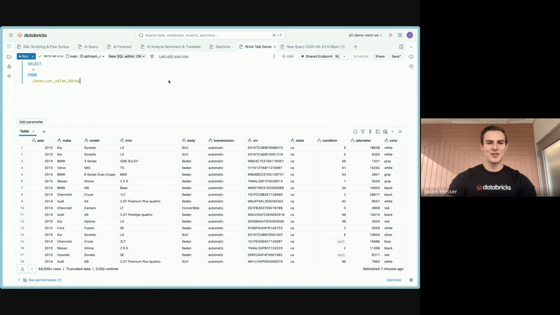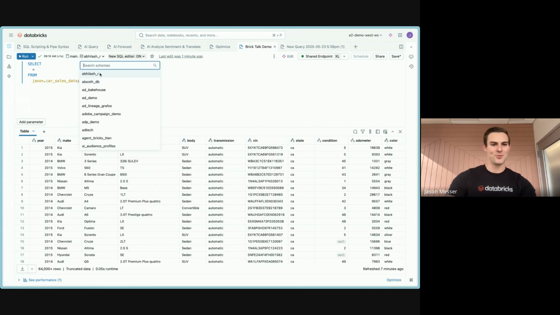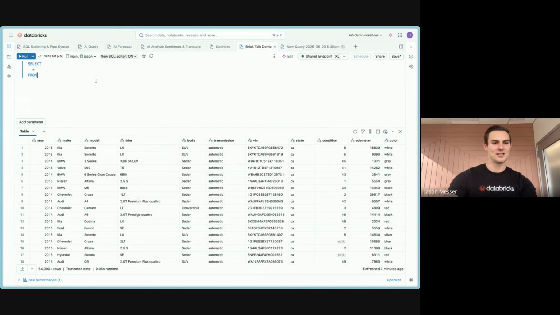That is pretty much what I wanted to share on the result table. So now I wanted to talk about what we're doing to embed AI directly into the experience that you're working with. So let me actually go back to Jason here and